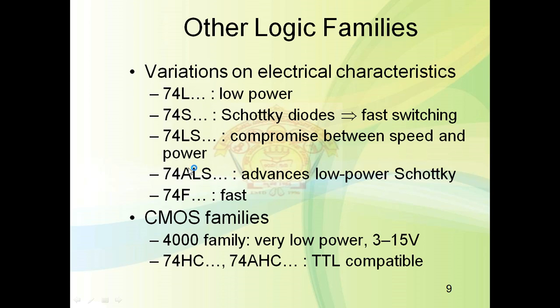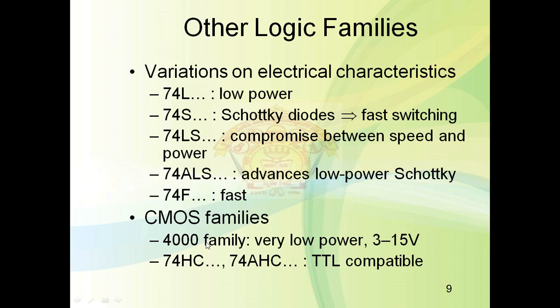So what is the drawback of the 7400 series? It uses bipolar transistors, and you know that bipolar transistors require more power for switching, and even in the off condition they consume some power. So more power is spent here, and that is reduced by using CMOS technology.